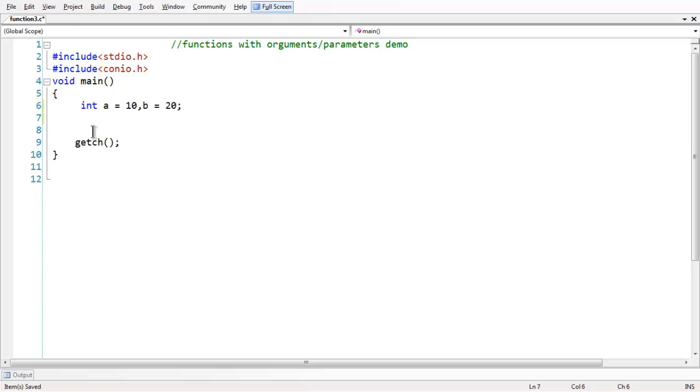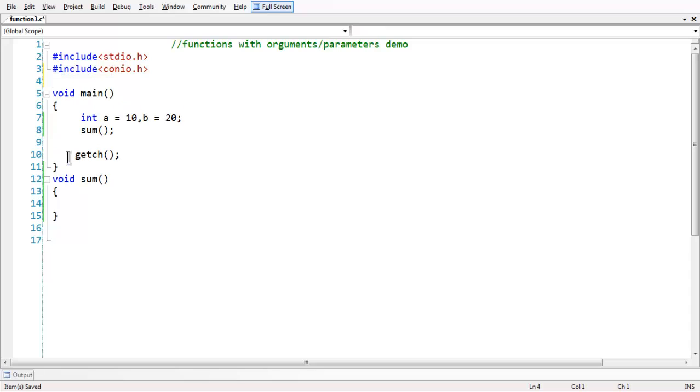Okay, so let us define a small function here which contains return type as void. It's a small dummy definition of a function which does nothing here, and also have a call to this, and also a prototype. So here we have all the basic stuff regarding functions which we have learned in the previous lesson. Okay, a prototype,